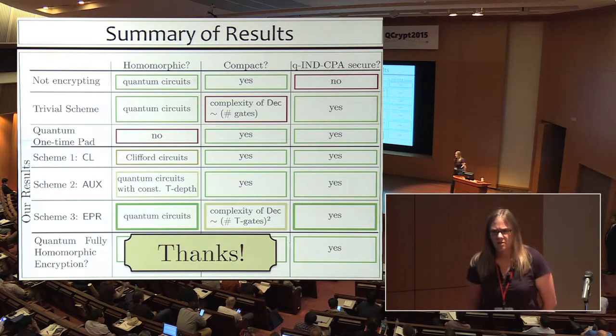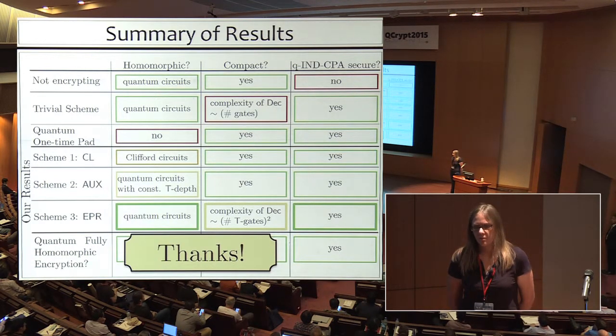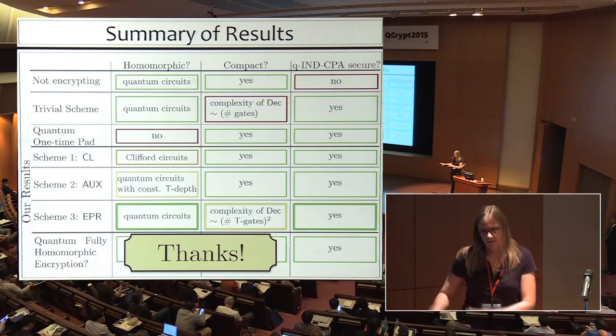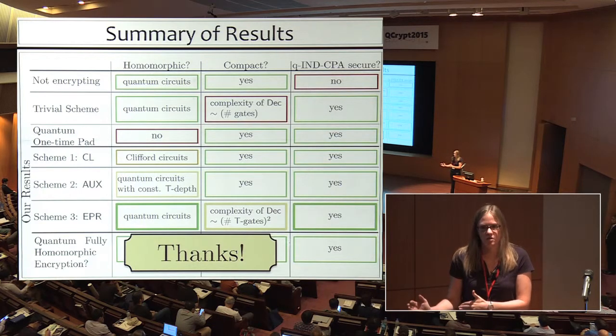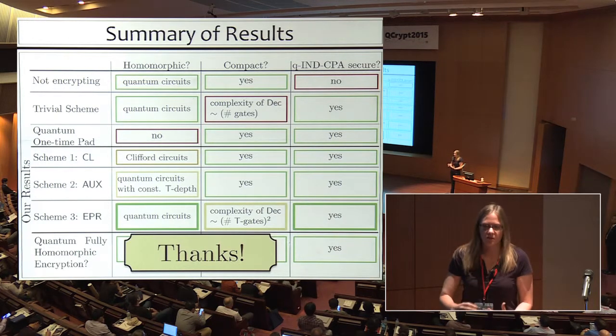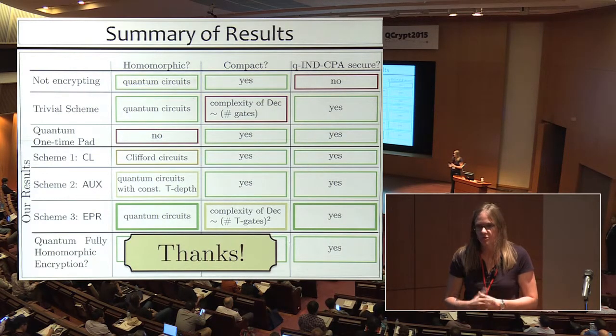I see. I guess it depends on your goal. So I think that the schemes with interaction, like the most recent scheme, might be better in terms of the abilities that the client needs to have in terms of the quantum computation they can do. So if your goal is just to delegate computation and you're fine with interaction, then I would say probably the schemes with interaction might be better, but they wouldn't qualify as homomorphic encryption. So they do require that you are constantly in contact with the server, which you might see as a downside.